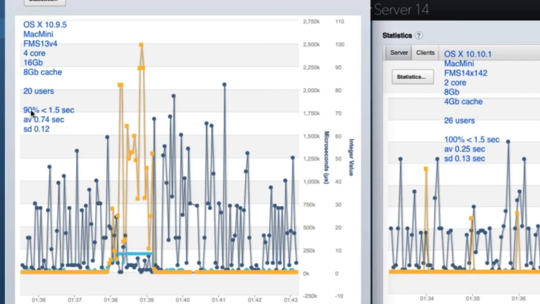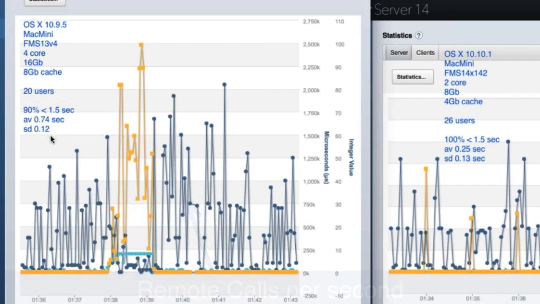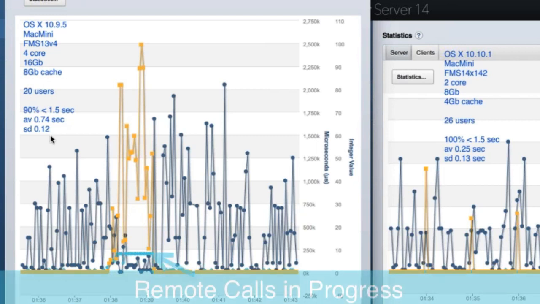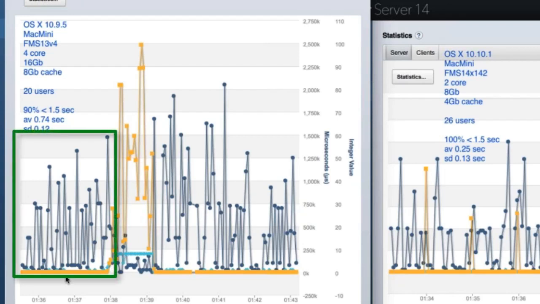We talked about the statistics. We've got the 3 statistics we talked about a few minutes ago on the screen there. The dark blue line is the remote calls per second. The yellow line is the wait in microseconds. And the pale blue line that you can only see a little bit down the bottom here, this is the remote calls in progress. Okay, so you can see that this machine has gone along running reasonably sweetly, and then